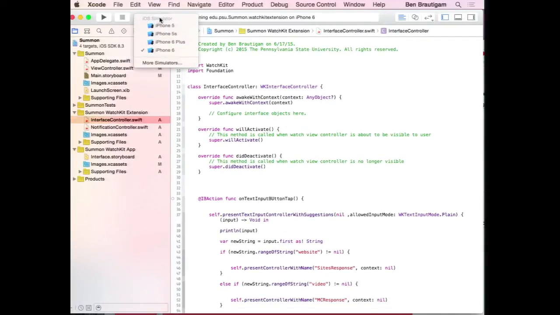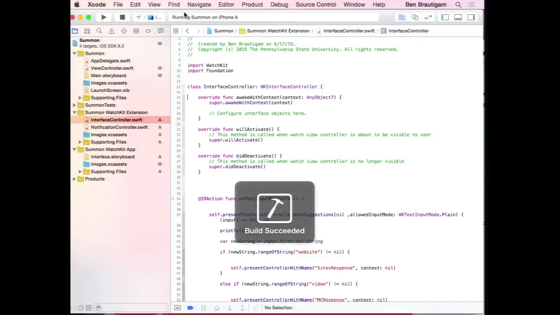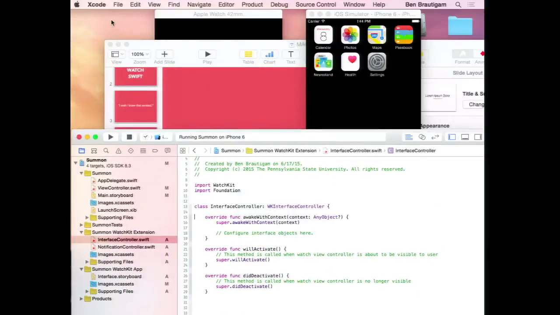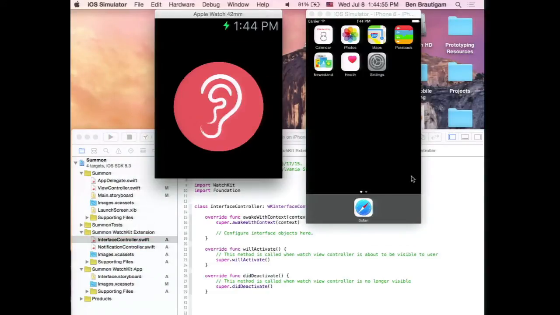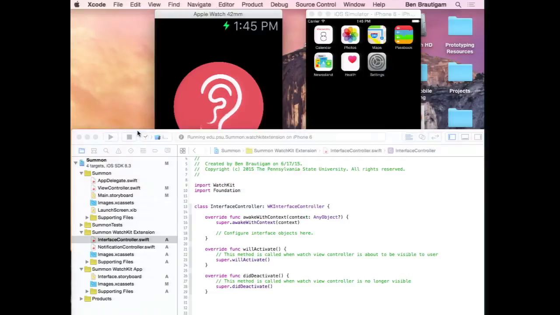So just to show you what the simulator looks like for the Apple Watch, I'll run this using an iPhone 6 simulator. Here's the iPhone, and here's the Apple Watch simulator. Now the thing with the simulator is you can't talk to the simulator. The speech to text won't work, but you can offer suggestions. So let me just